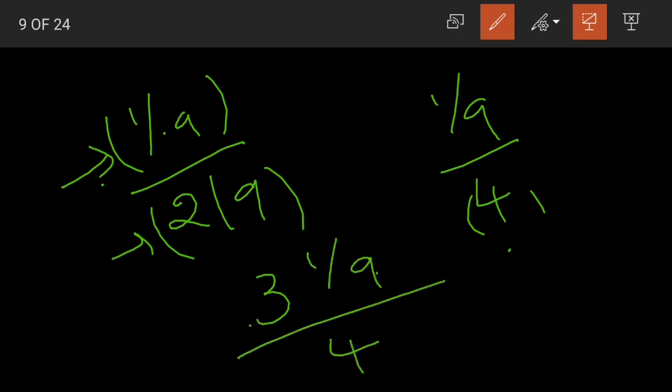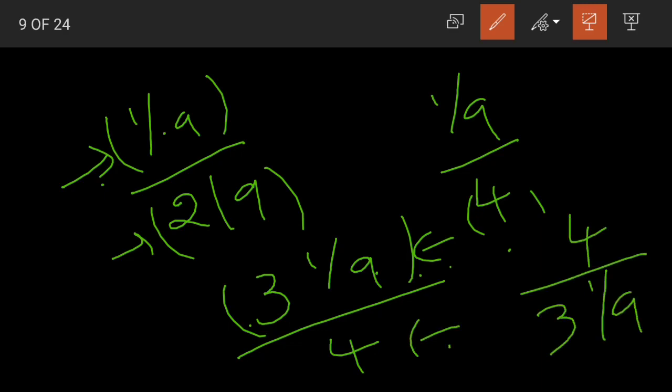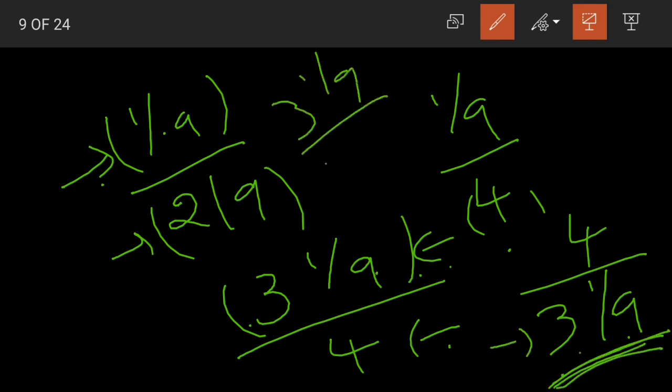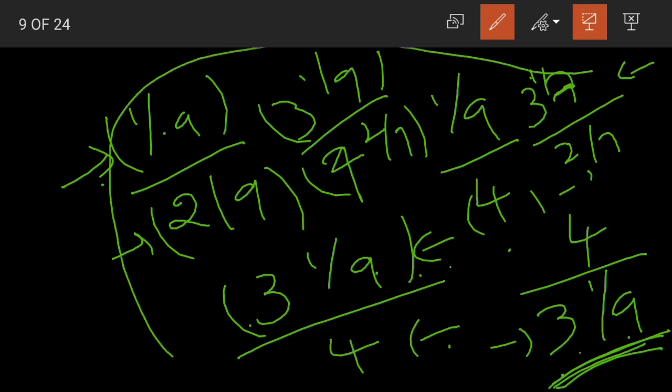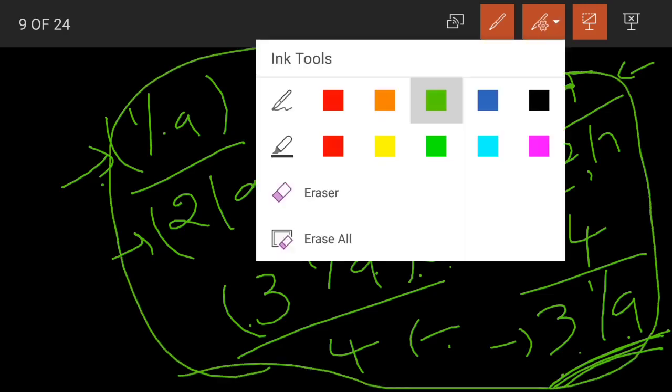Or else we have a mixed number as a numerator or denominator or both. Again, see here, 3 1 by 9 is a mixed number. This is our numerator here and 4 is the denominator. Or 4 divided by 3 1 by 9. Here the mixed number is represented as our denominator. Or 3 1 by 9 divided by 4 2 by 7. See, both the numerator and denominator are mixed numbers here. Or 3 1 by 9 divided by 2 by 7. The numerator is a mixed number and the denominator is a fraction. So all these cases become examples of complex fractions.